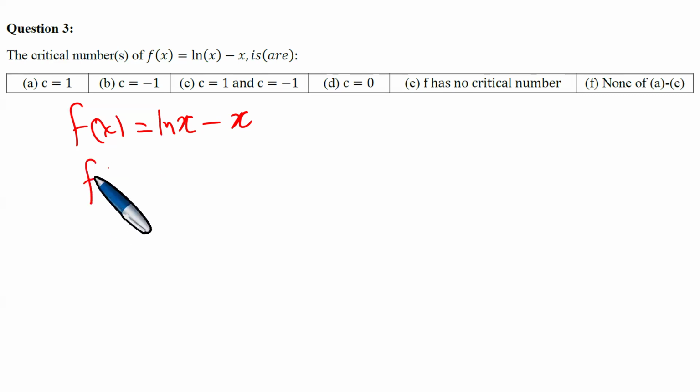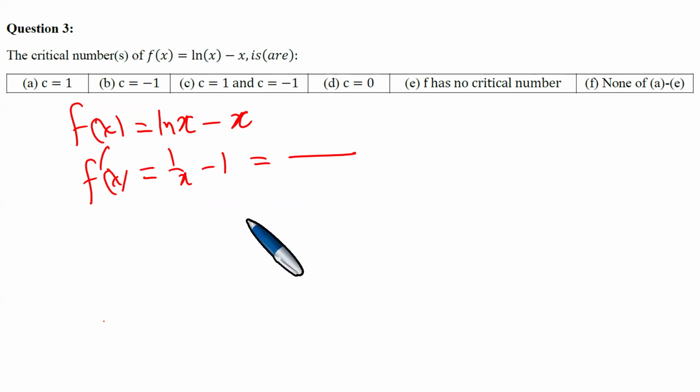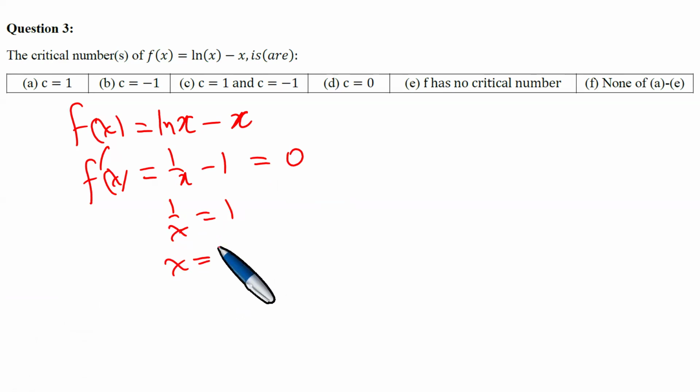Right. You'll note, therefore, that we already have the derivative, which is 1 over x minus 1, and we are interested in where this is equal to 0 for the critical numbers, and this means 1 over x is 1. And now this means x is 1. And if you look very carefully, you are able to see